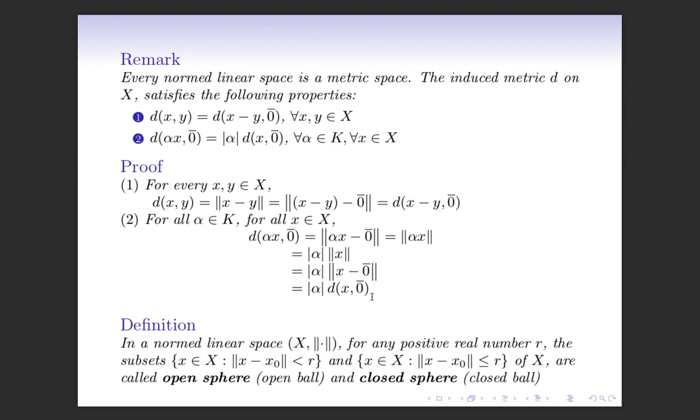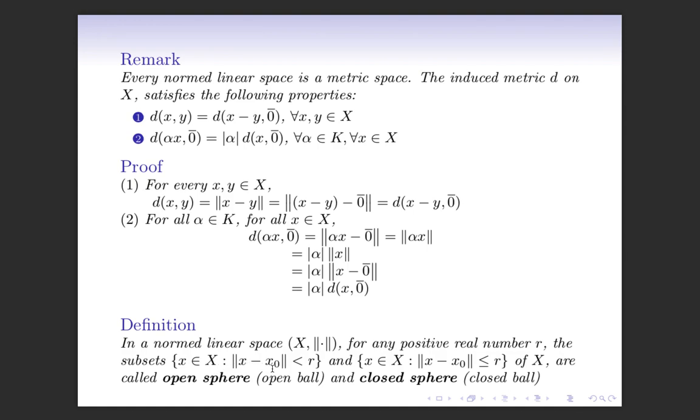Now as we have proved that any linear space is a metric space, all the concepts which we have learned in metric spaces can be used here. So we can define open sphere, closed sphere, convergence of any sequence, Cauchy sequence. So let us define open sphere in a normed linear space. In a normed linear space X, for any positive real number R, the set containing all those x's such that norm